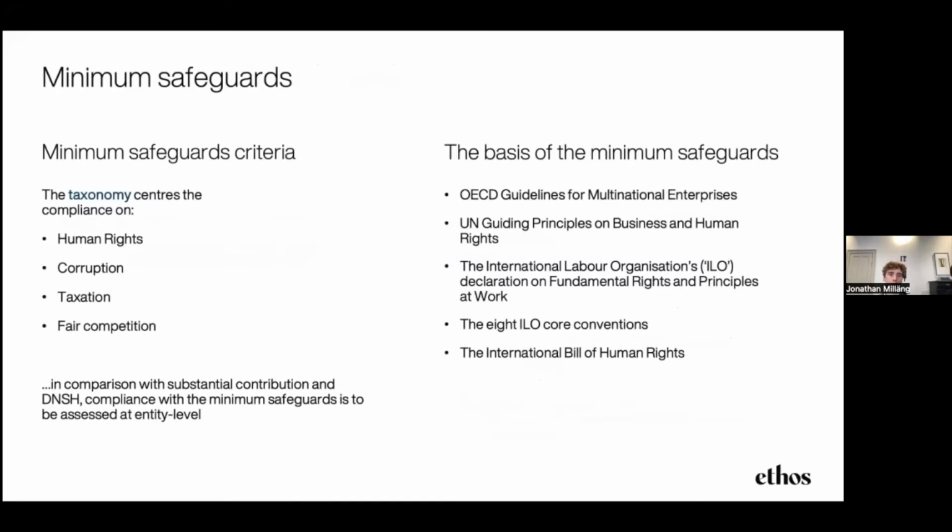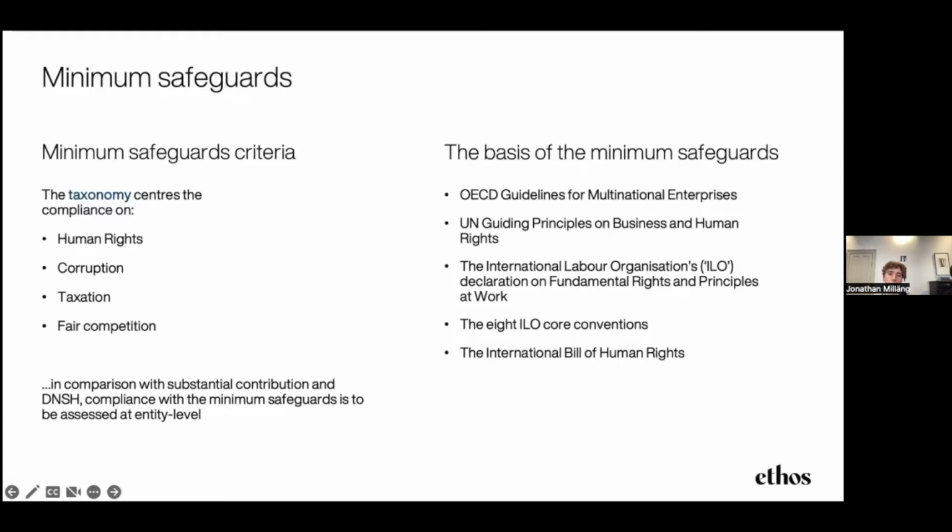When we look at minimum safeguards, which is the last hoop that you have to jump through in order to taxonomy align an economic activity, you have to have proper governance of the areas of human rights, corruption, taxation, and fair competition. So corruption, taxation, and fair competition are areas that are written into EU law in different forms and have been so for many years. Human rights is the big new area here that companies have to pay attention to. A lot of companies do not know there are significant human rights risks in their value chain. And this is a requirement if you would like to taxonomy align any of your economic activities.